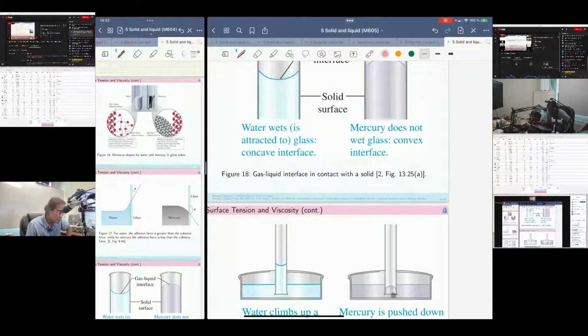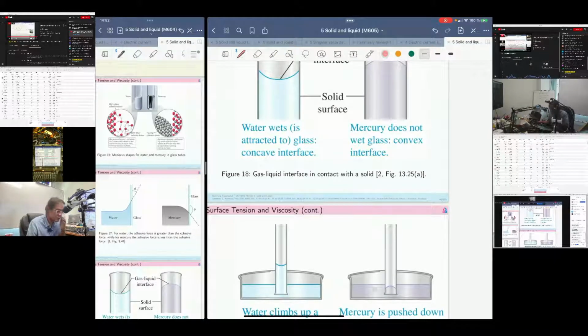Okay, this force is greater than the force between mercury and the glass, so that's why this level is lower than the typical level of the mercury in the big container. It comes from the attractive force, or the adhesive force, right? The idea is whether the adhesive force is greater than the cohesive force. That's the criteria. That's why we have two cases